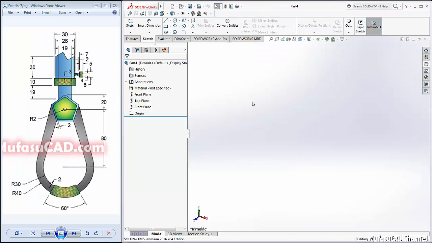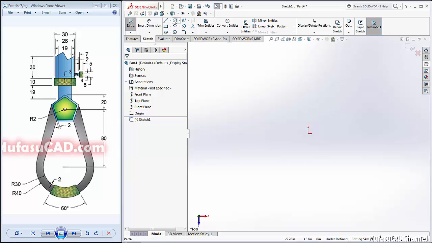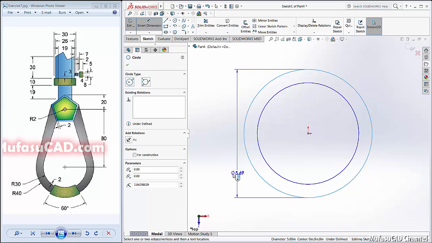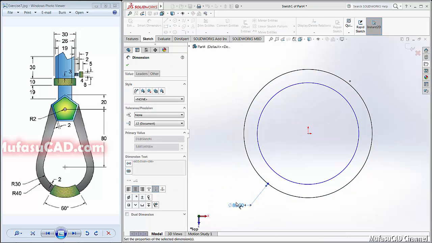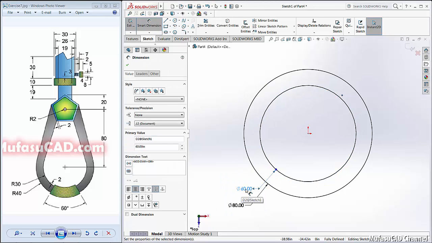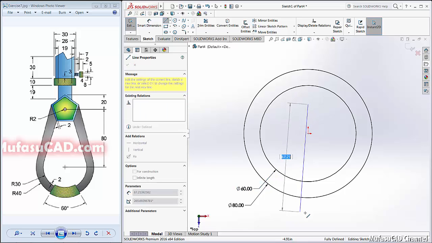In this practice, you can get this reference image from our Facebook page. Open your SolidWorks software, Sketch, and we choose the top plane. Now I will create a circle here and here. Give the dimension, this circle about 80 and this circle about 60. Okay, 80 and 60, and I will create the line here